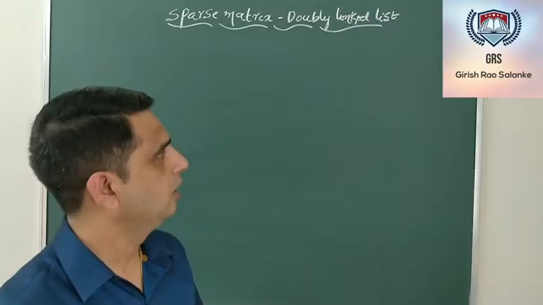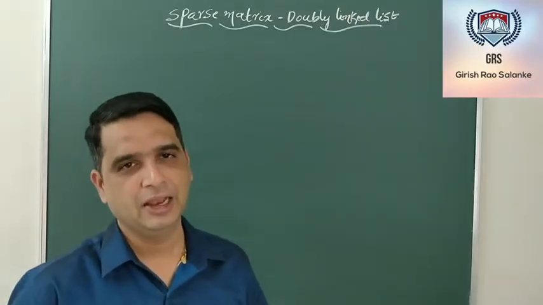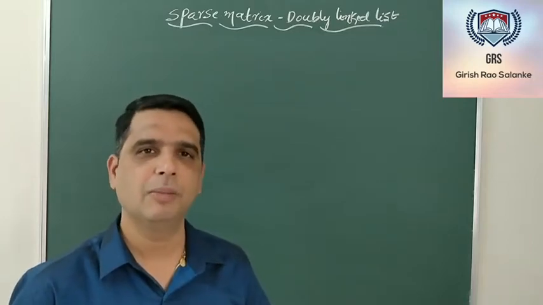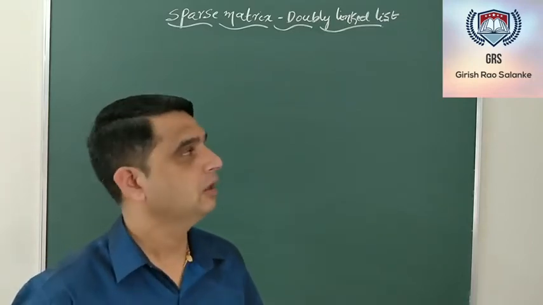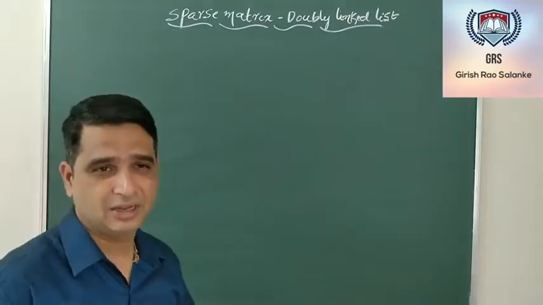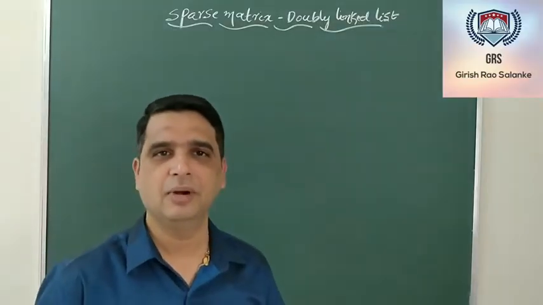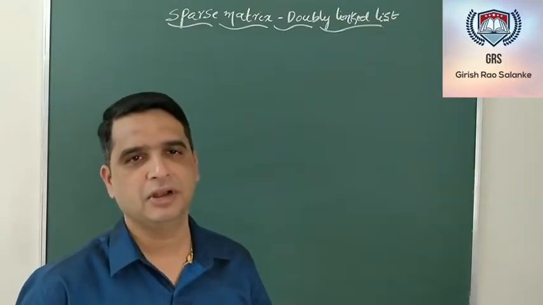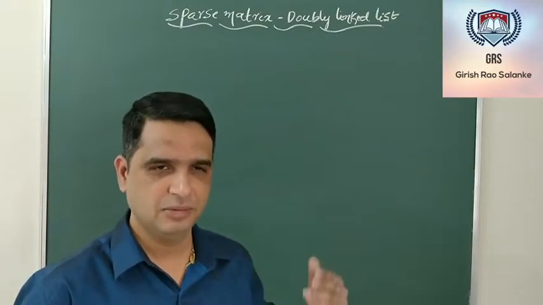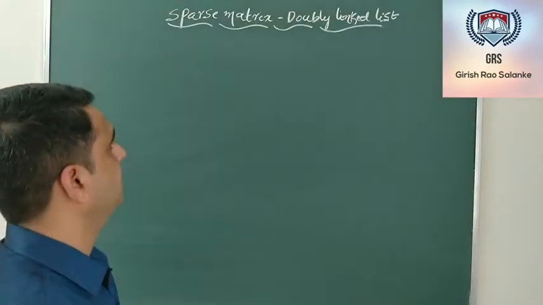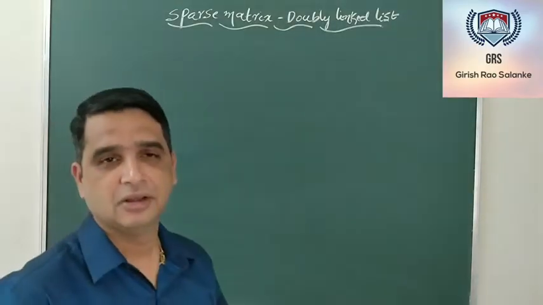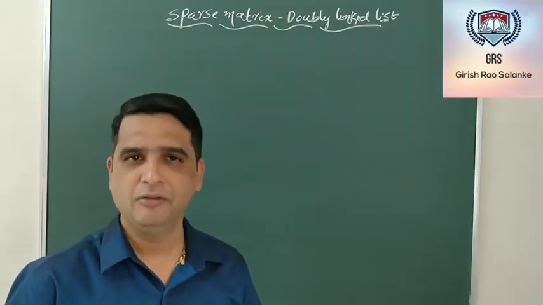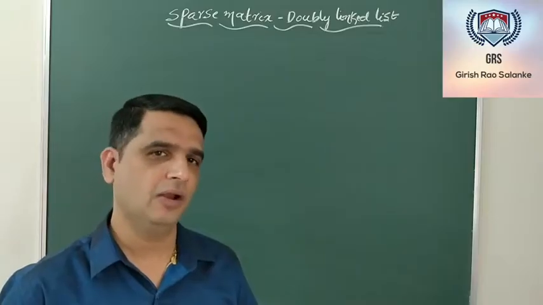Now, before going to see how to code it, let's see what exactly we mean by a sparse matrix. Then it will be easy for us to come up with the code to implement it. We all know that a matrix is nothing but two-dimensional data, wherein it can be represented in the form of rows and columns. Similarly, a sparse matrix is a matrix wherein the majority of the elements are zero and very few elements in the matrix are non-zero elements.